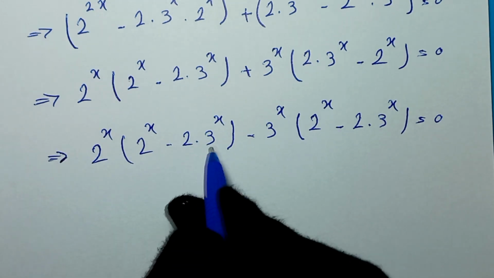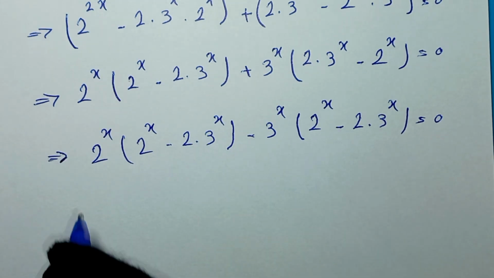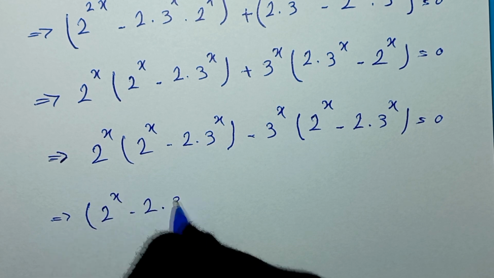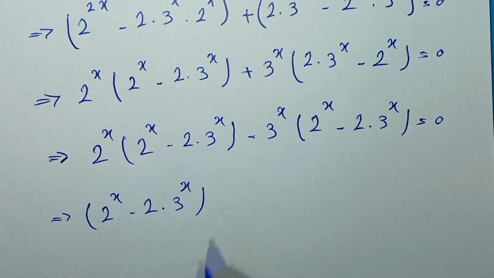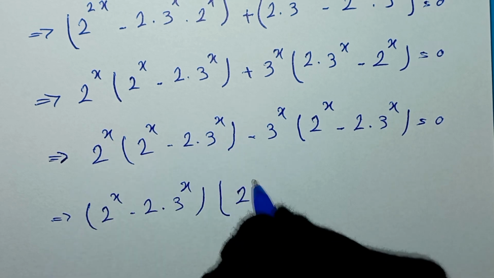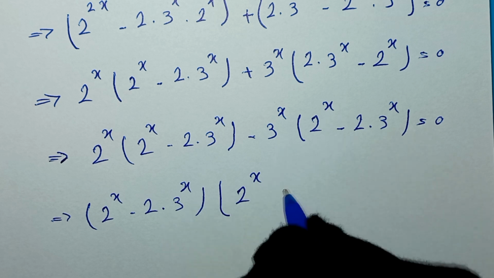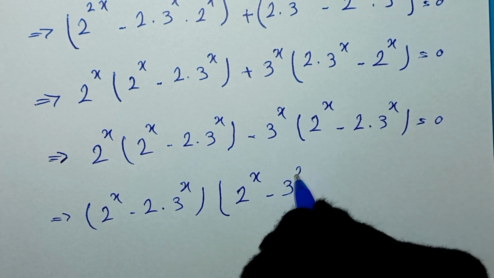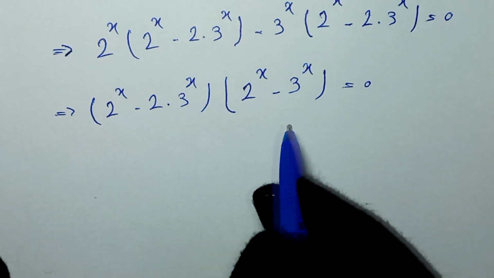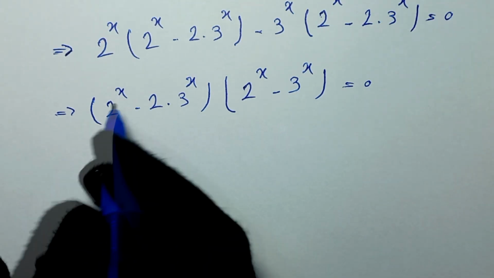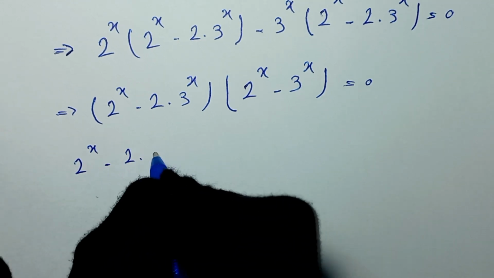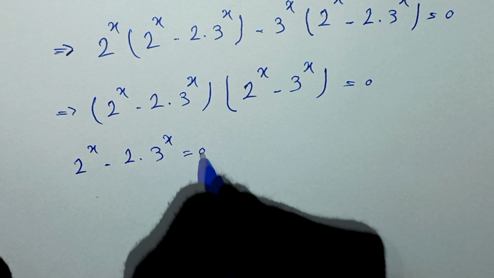So this and this are common, so we factor 2 to the power of x minus 2 times 3 to the power of x, this. So from here, this divided by this, it will be 2 to the power of x, and this divided by this, it will be 3 to the power of x is equal to 0. So in here, we have two solutions for x. 2 to the power of x minus 2 times 3 to the power of x is equal to 0,